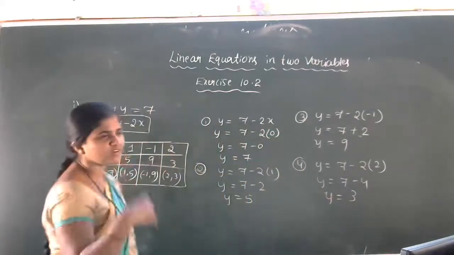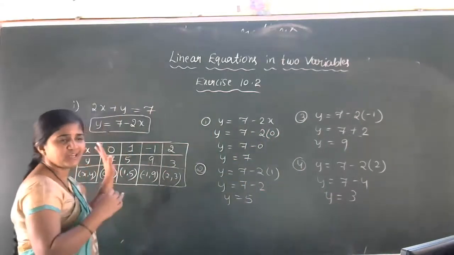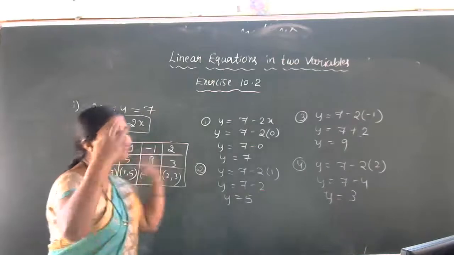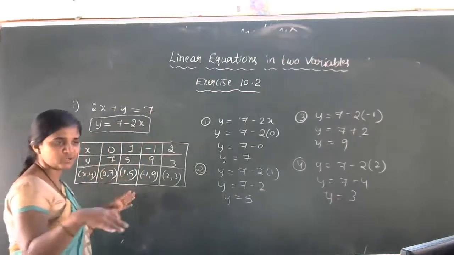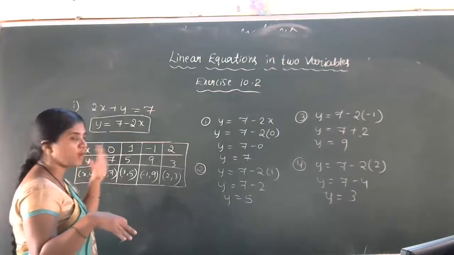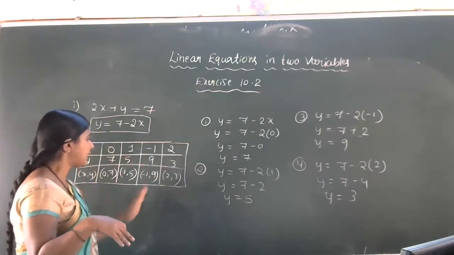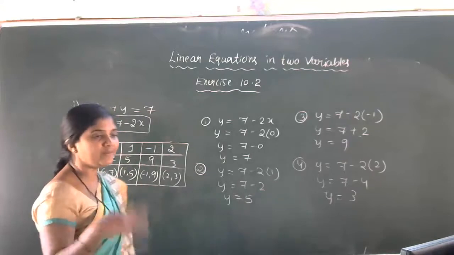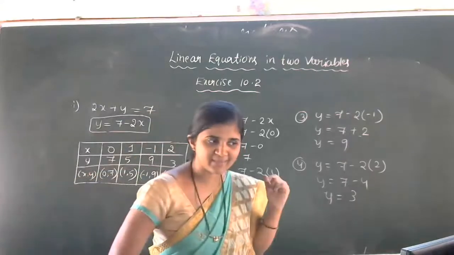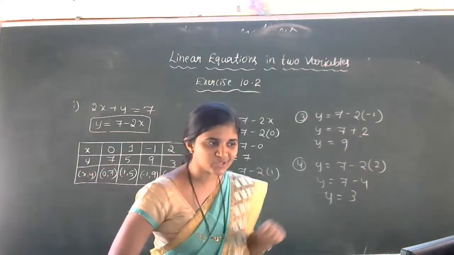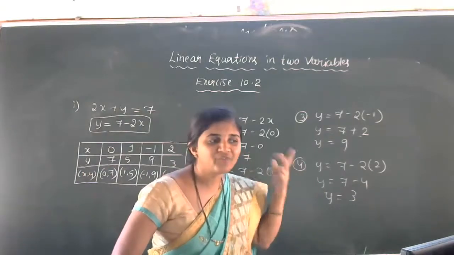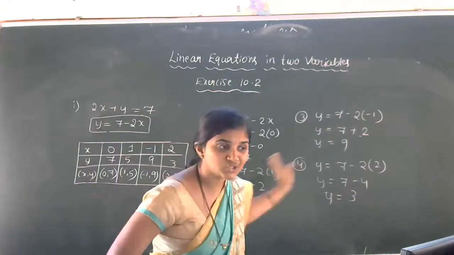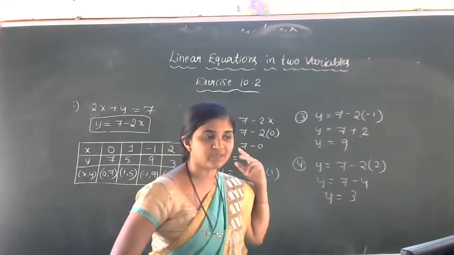You can get a different answer because linear equations in two variables have infinitely many solutions, no problem. Here we got the 4 solutions in the form of (0, 7), (1, 5), (-1, 9), then (2, 3). Got the idea of this simple method? How to find out the 4 solutions for this one? Not only 4, you can find infinitely many.